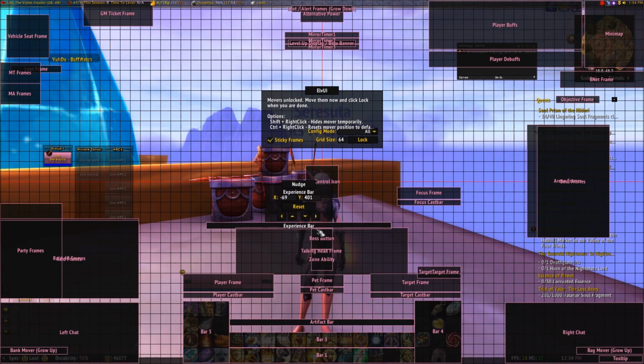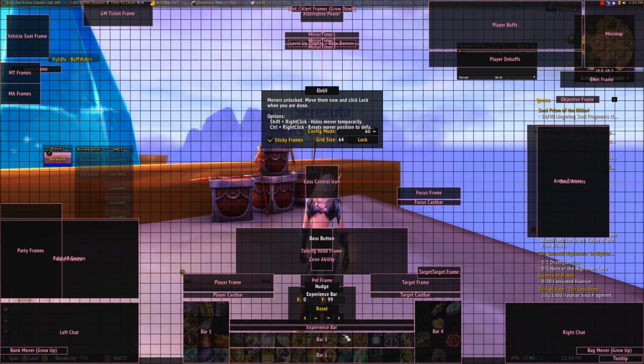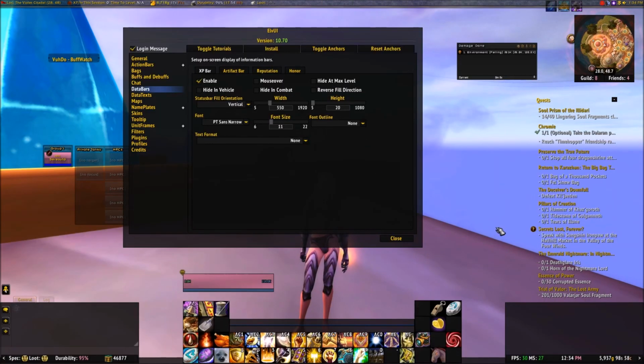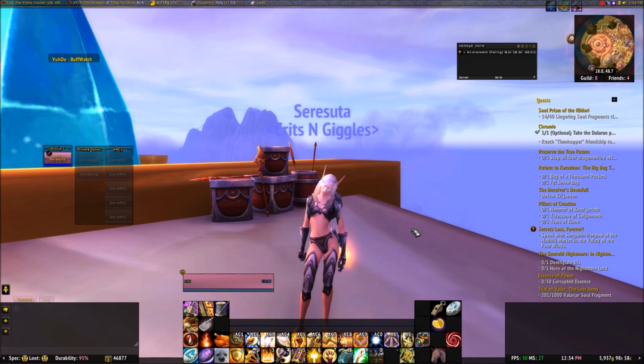Toggle anchors. XP bar. Oh, get in there. There we go. Perfect fit. Look at that. Locked. But there it is. I've already set up